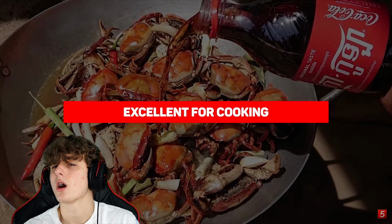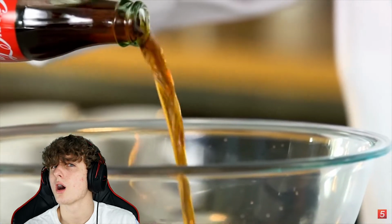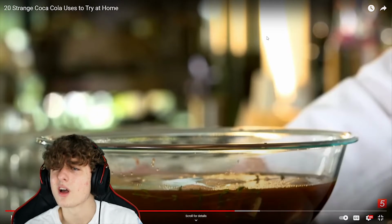Our next entry is, it's excellent for cooking. This one should be a no-brainer. Coca-Cola is also a fantastic addition to many recipes. Using Coca-Cola to cook pot roast or steaks will not...